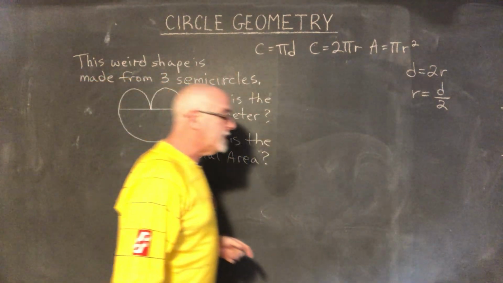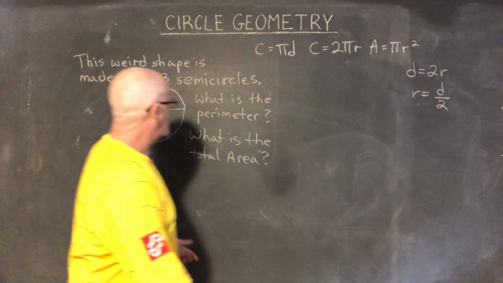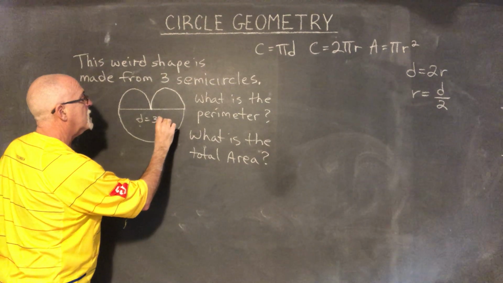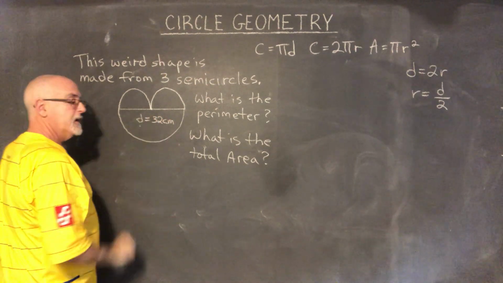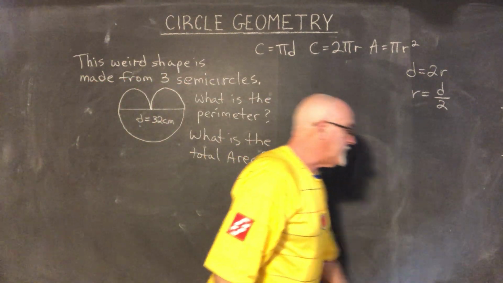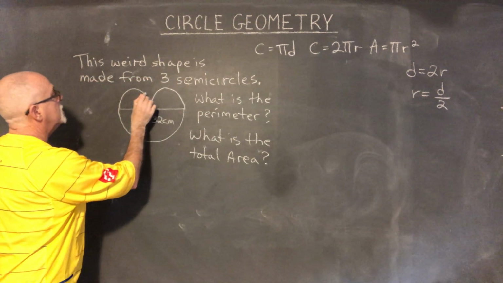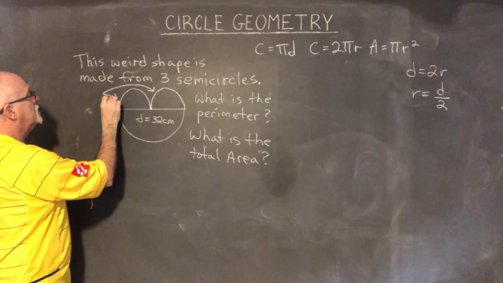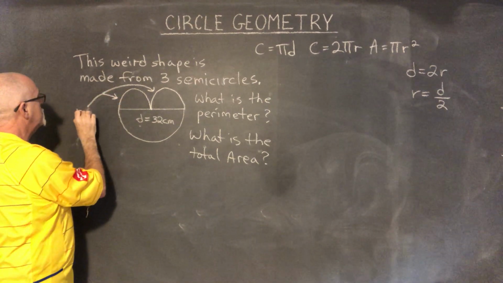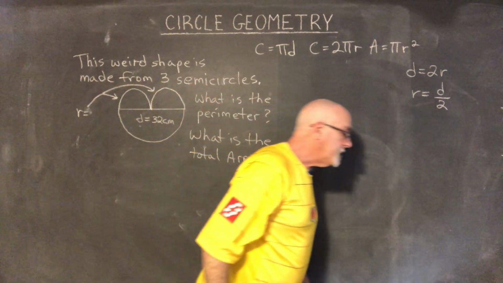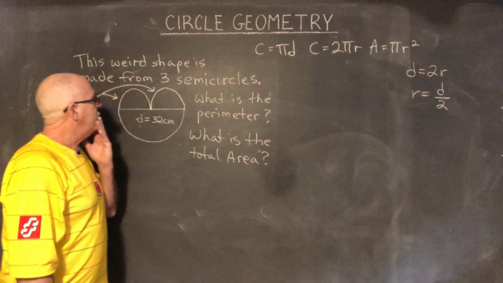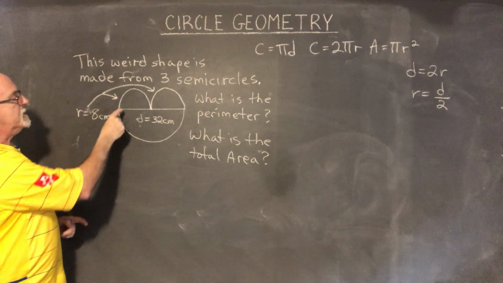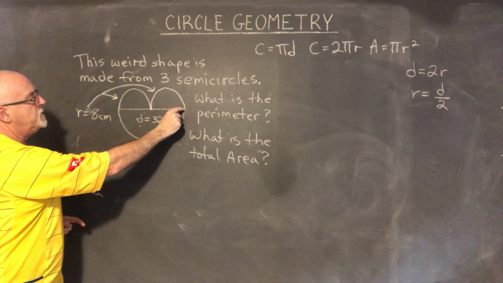So the diameter of this large semicircle, d equals 32, and this time we have centimeters. And then in both of the smaller semicircles, so I'm going to have to draw arrows, the radius is equal to 8 centimeters. Now, did I even have to say that? Because if that diameter is 32,